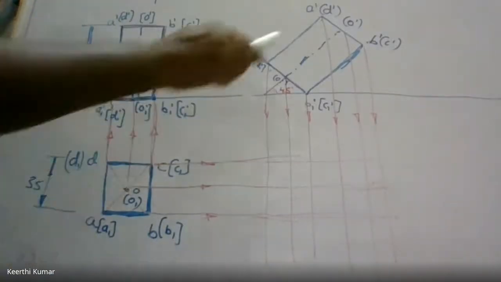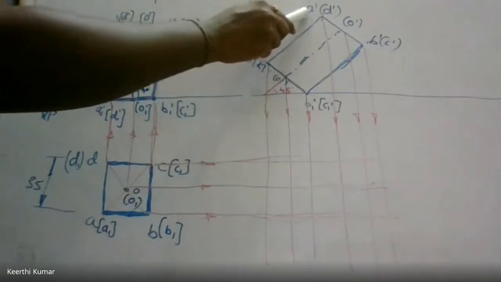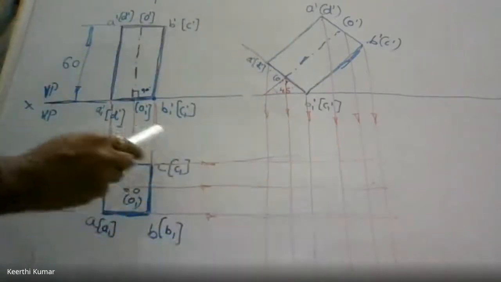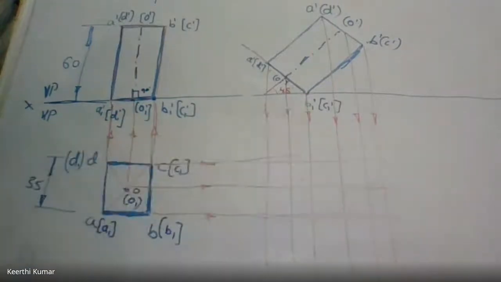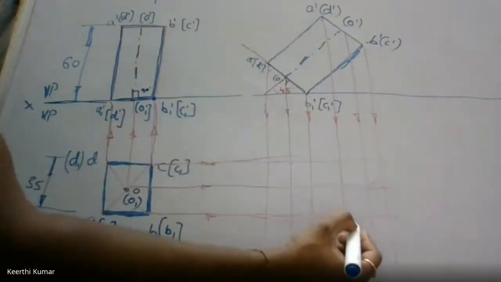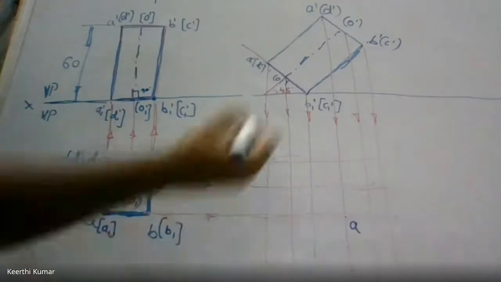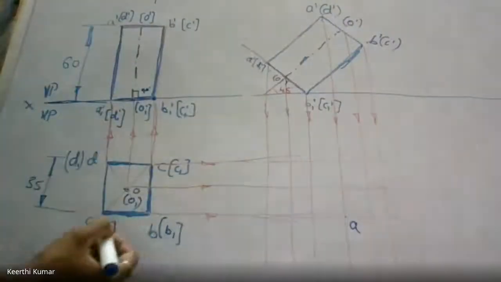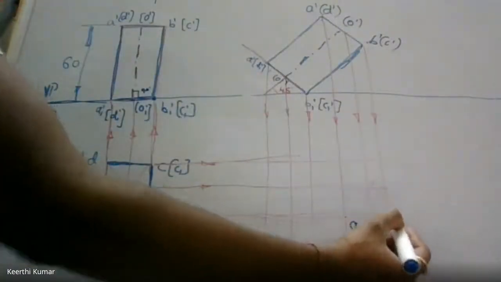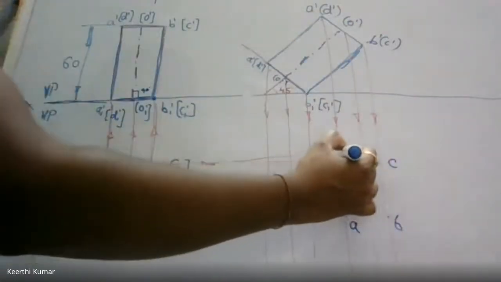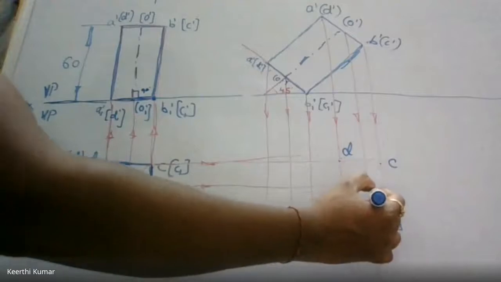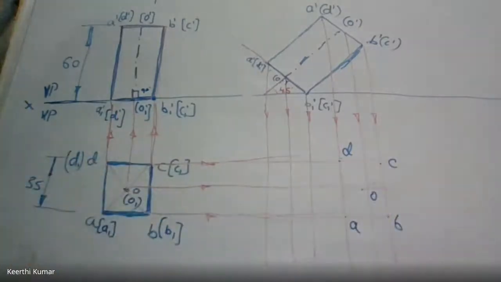How am I going to do it? First, I'll start with the A. For A, you have to come vertically down. Where is A in this figure? A is here. You move horizontally. Where are those 2 coinciding? Those 2 are coinciding here. I'll write it as A again. Similarly, B, these 2 are coinciding here. Similarly C is coinciding here. D is coinciding here, and here O is coinciding.